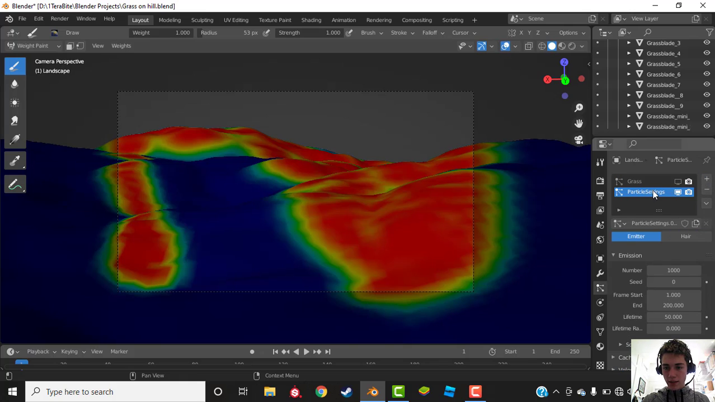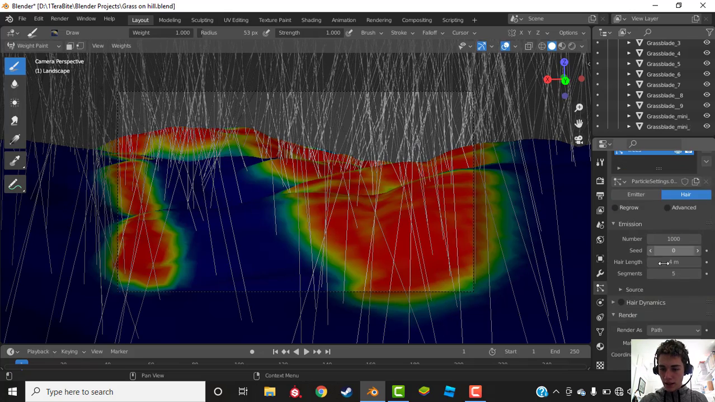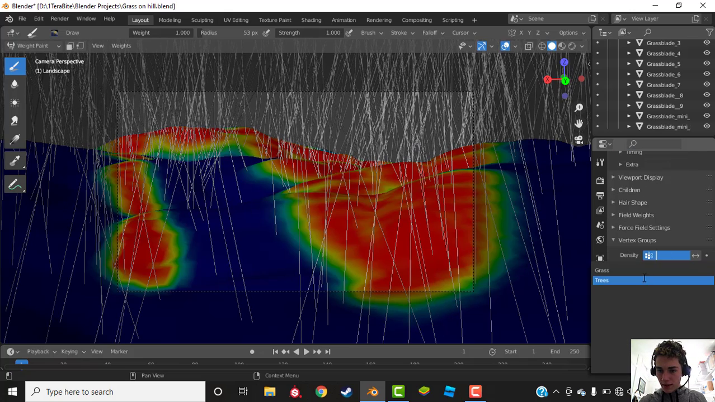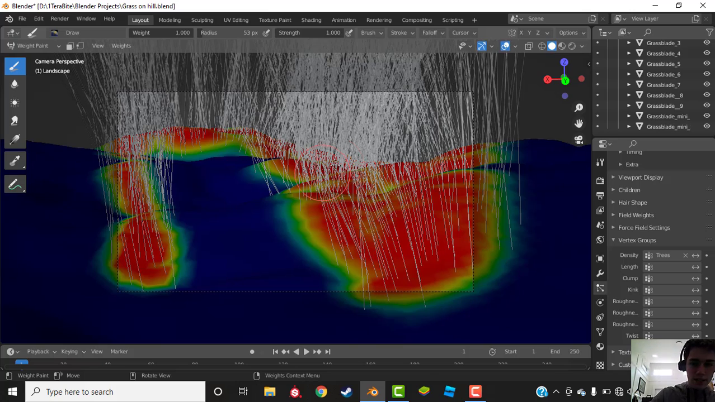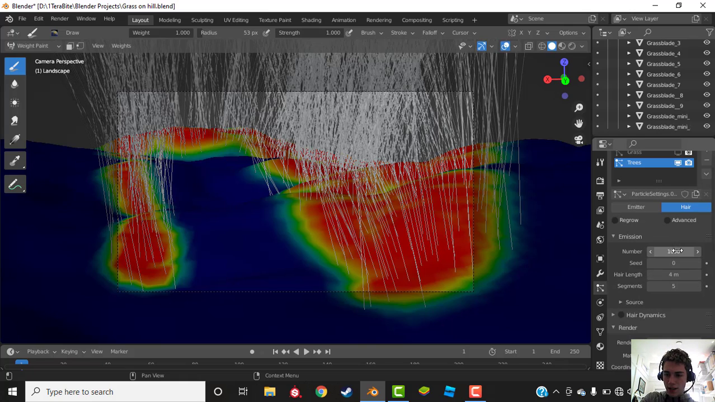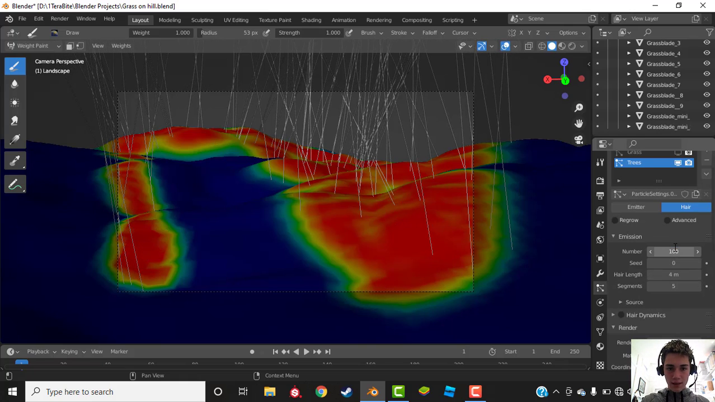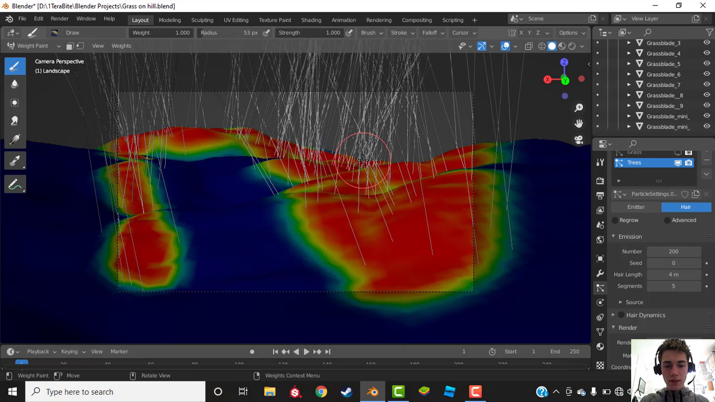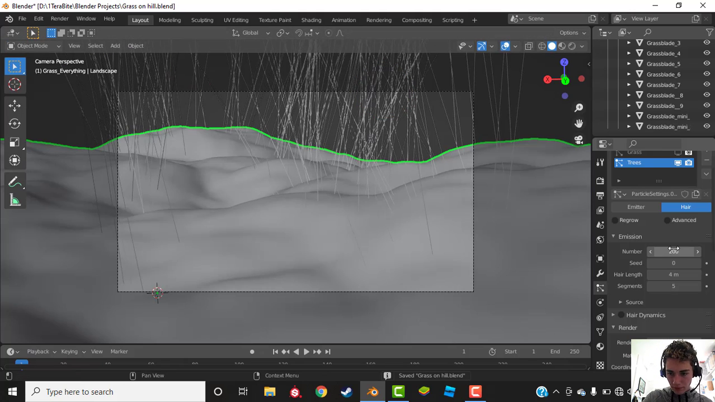Add a new particle setting. Call it trees. Click hair. Density, trees. Now it's going to show you exactly where it's going to be. And we don't want this many trees. That's crazy. It's thick, that would look almost like grass all over again. We want to have like 100 trees in the scene maybe, or maybe something more like 200. So now that we have that, save the file, go into object mode,